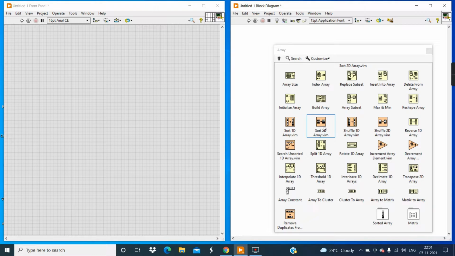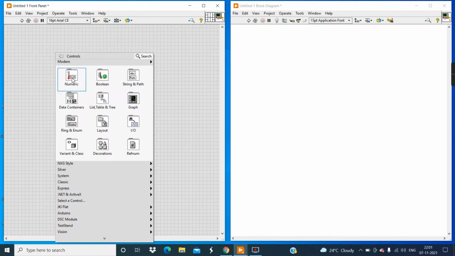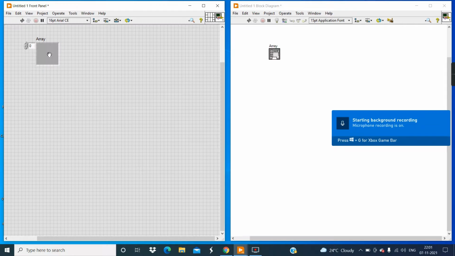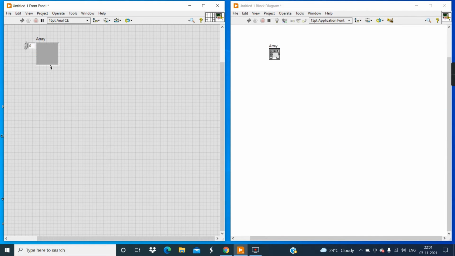Okay. So first of all, we should create a one-dimensional array and a two-dimensional array. Go to the numeric palette and click on this const array. Now copy this and paste it again here.